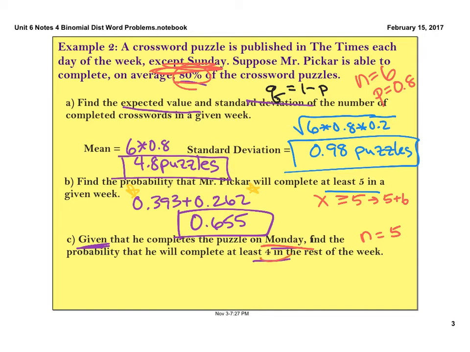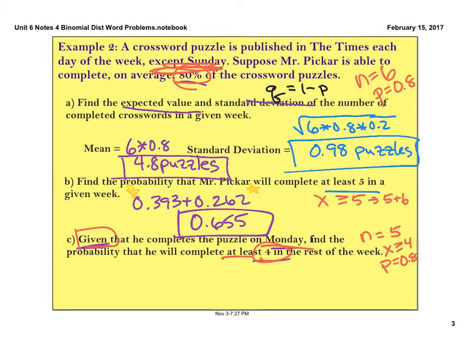And I want to look for at least 4, which means that my x is going to be greater than or equal to 4. Now the p-value doesn't change. His probability is still the same of completing each one independently of the next because those probabilities are independent of each other. They don't rely on the other one. So anyways, this keyword given, if you don't remember that back from Unit 4,